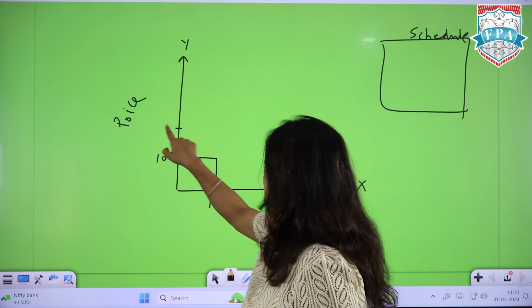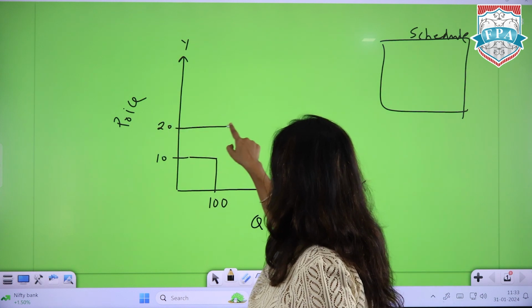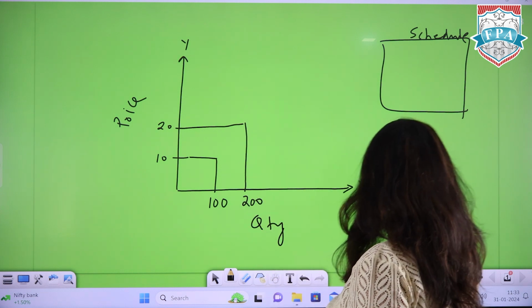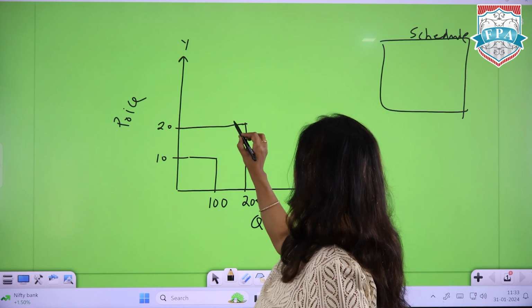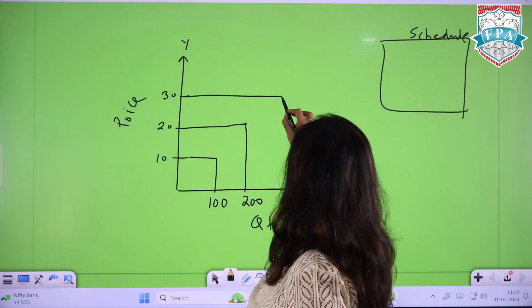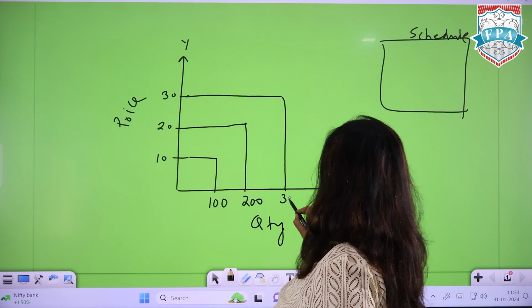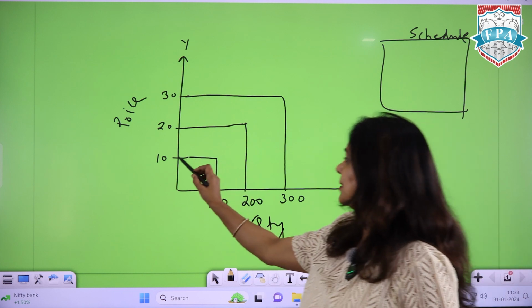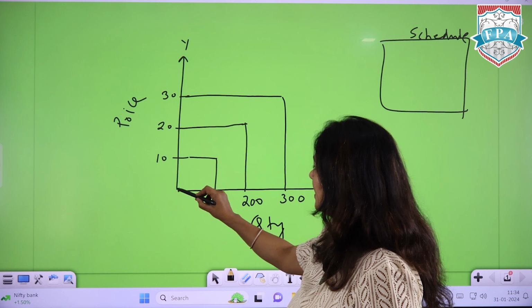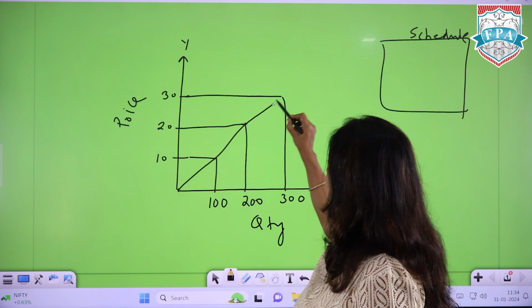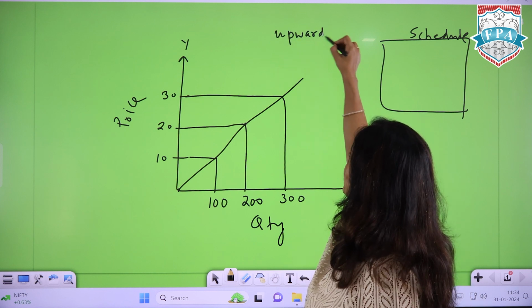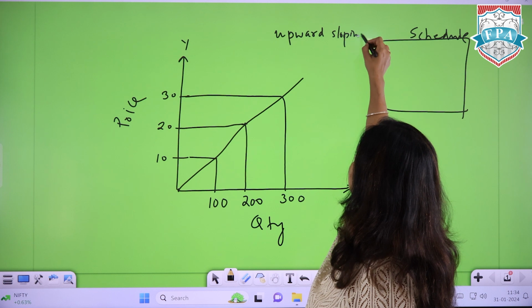Now let's say the price is 20, then we said the supplier is ready to supply 200 units. The price is 30, the seller is ready to supply 300 units. Can you look at it? Price कम, quantity भी कम. प्राइस बढ़ गया, क्वांटिटी भी बढ़ गई. अगर मैं ये सारे पॉइंट्स को जोड़ दूं, don't you think it's an upward sloping curve? It's an upward sloping curve,